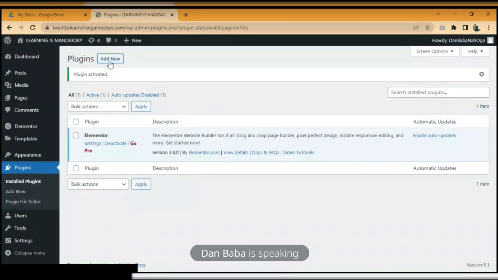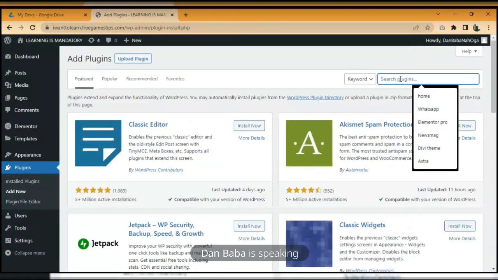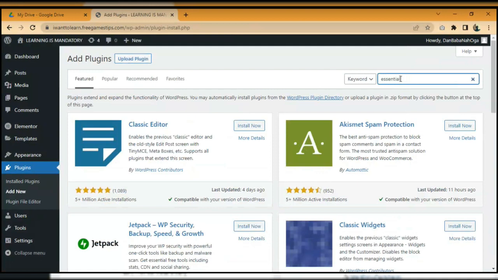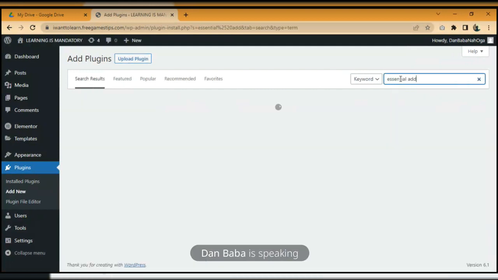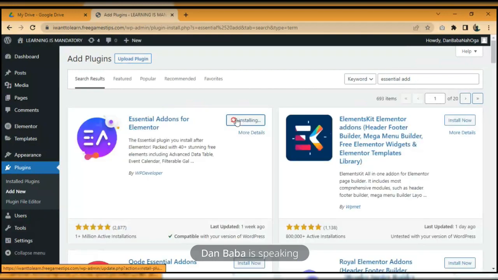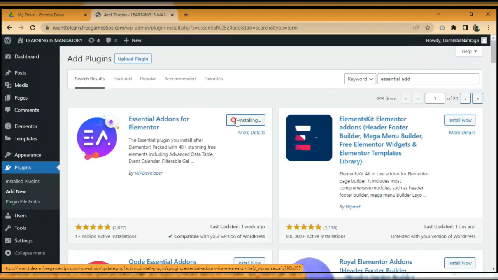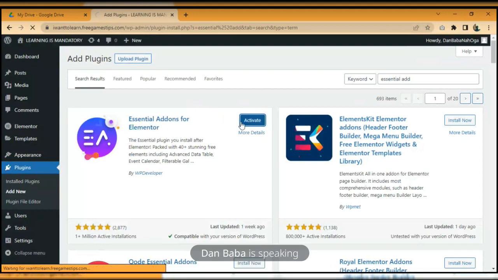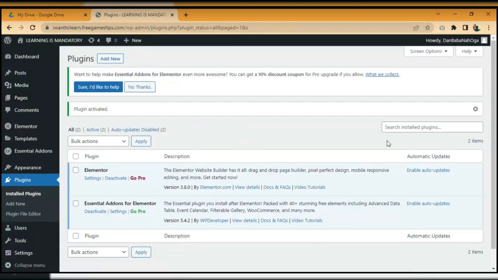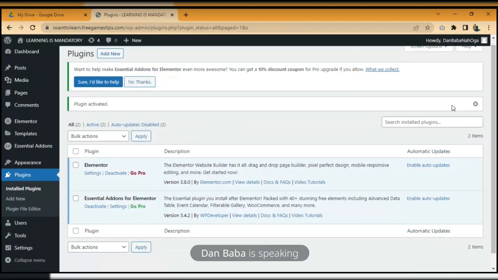Okay, and I need to add another plugin. I told you that there are some essential plugins you need to add. Everything was done in the first class, so it is not new to us. I'm installing the second plugin now. All right, I also need to activate it. It's activated. So the third one,